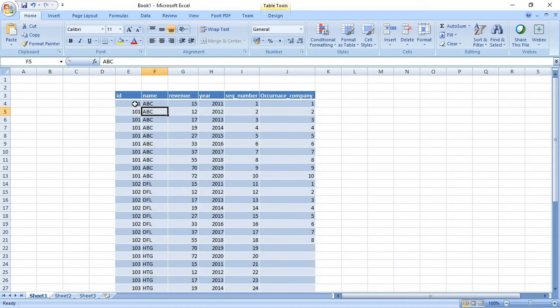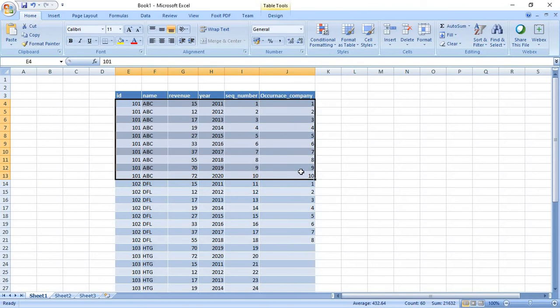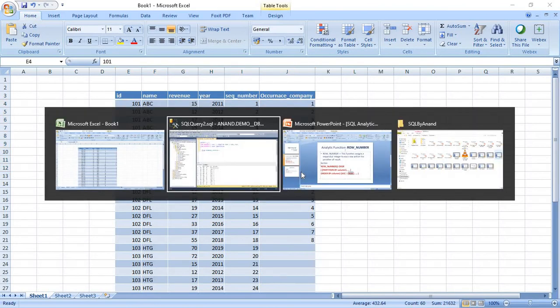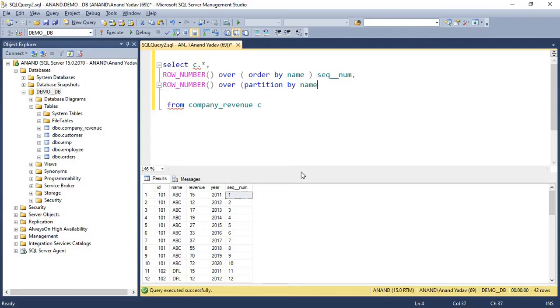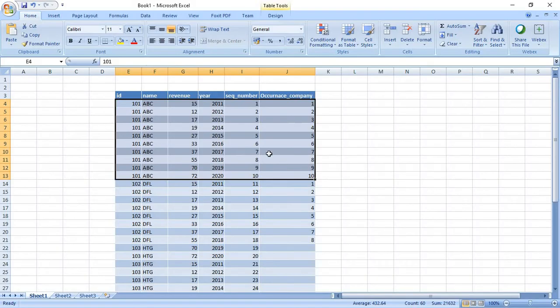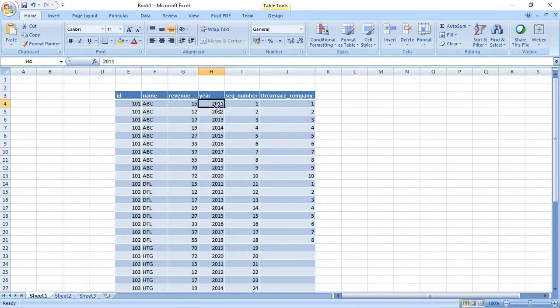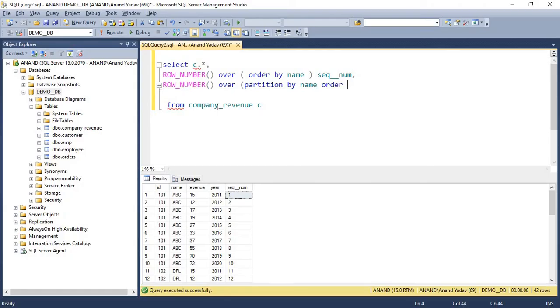So we are doing the grouping based on the company name. I will do PARTITION BY name, and I will give the order in which I wanted to generate the sequence. I wanted to generate a sequence based on the year. If the record is 2011, it has sequence number 1, and for 2012 it should be 2, and so on. So ORDER BY year.